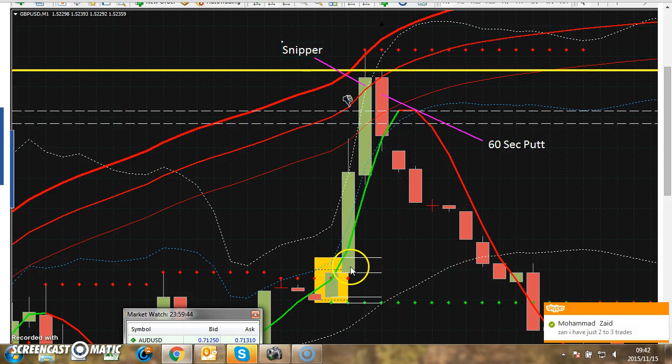You see this bar? It looks like a Sniper, a perfect Sniper, but it didn't touch it. So I don't take it. Very important. If this bar was like here, touch it or pass it, it's a Sniper. So very important, only on this impact zone. Look at the size of a body compared to the wick. That's 80%. What I do, next bar, Sniper.